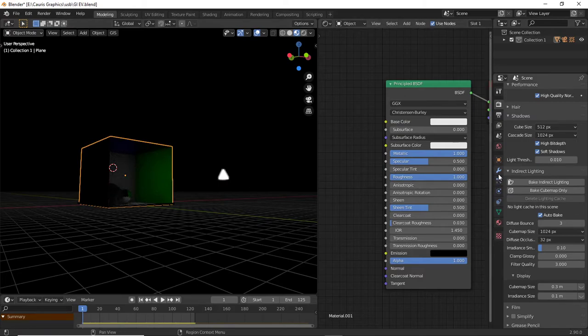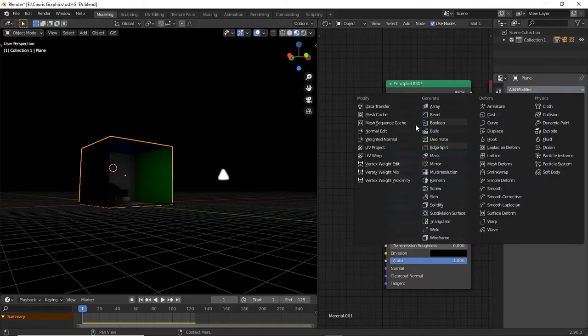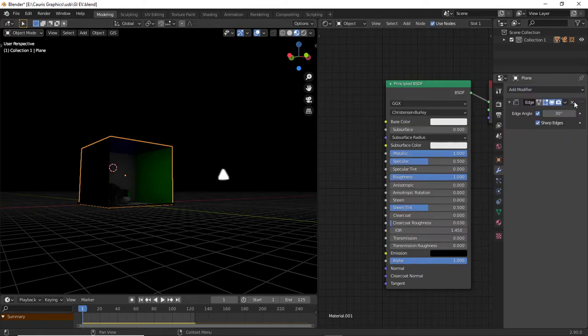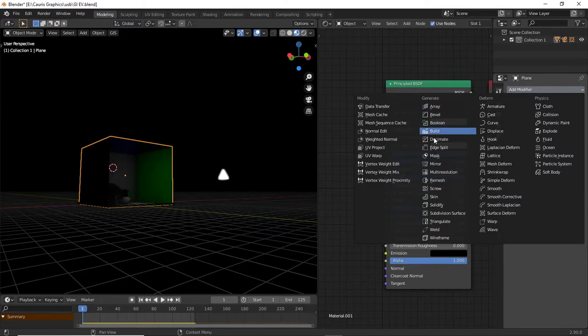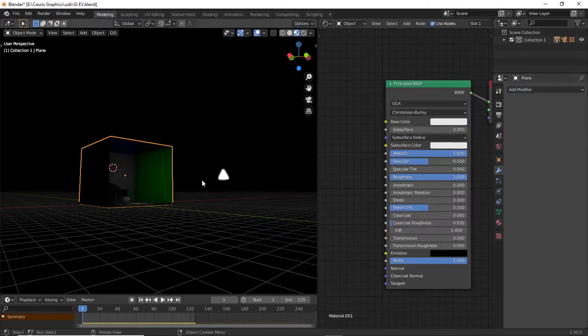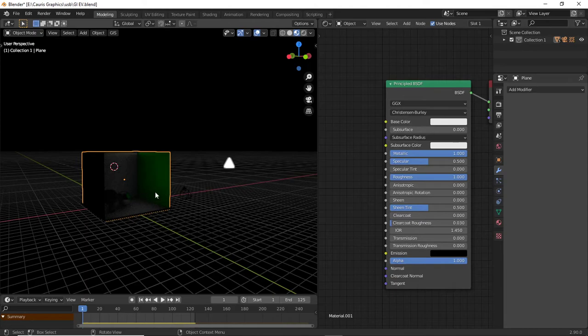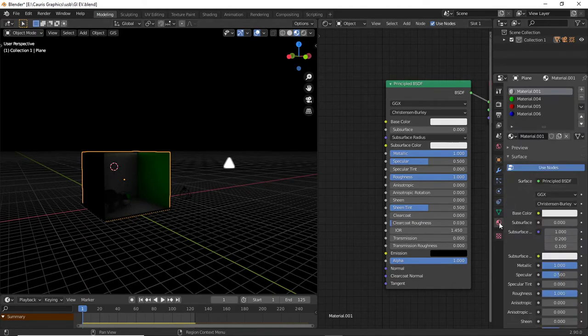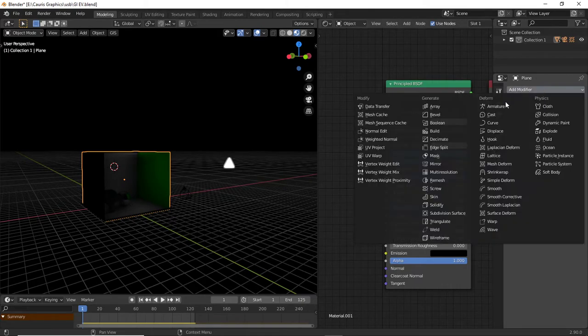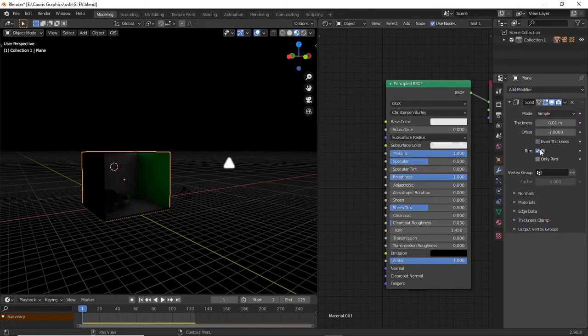So let me quickly try something. I want to see if it can occlude the light properly, so light doesn't pass through the object like it does here. Let me try it quickly. I will add a solidify modifier.